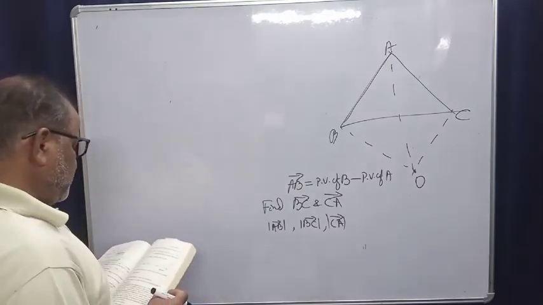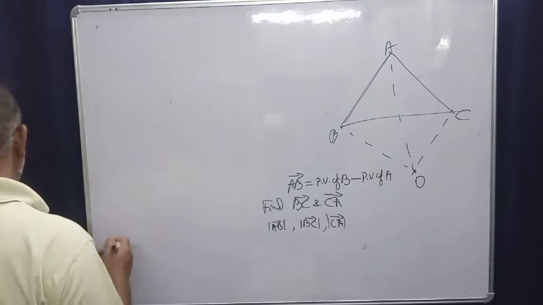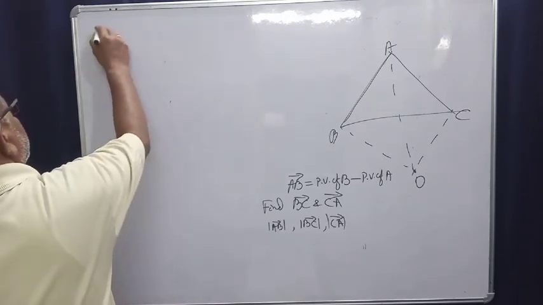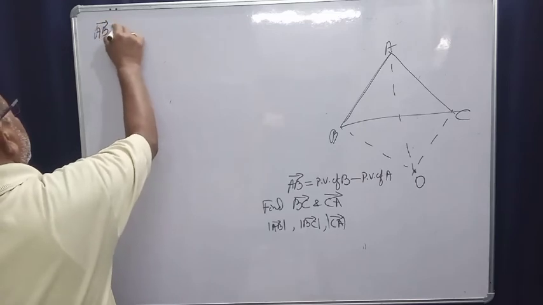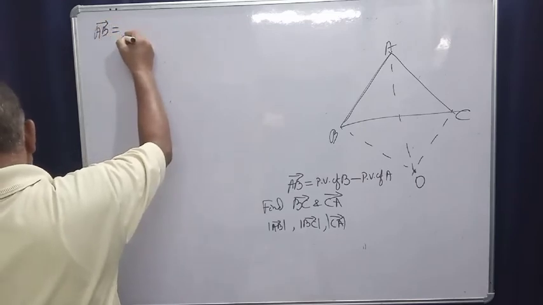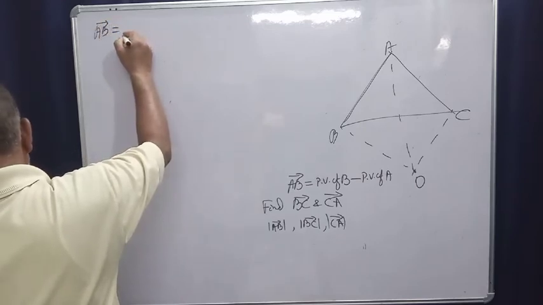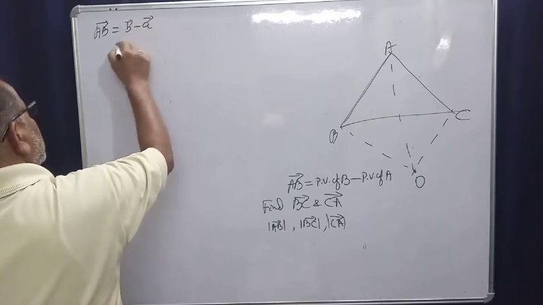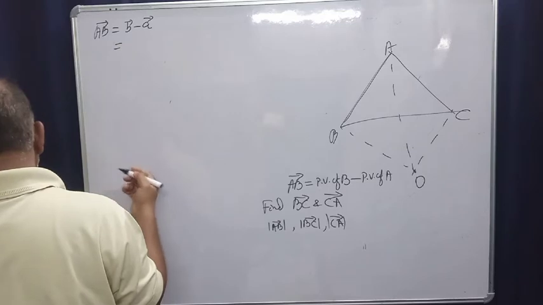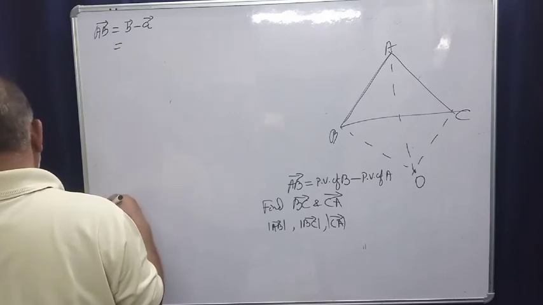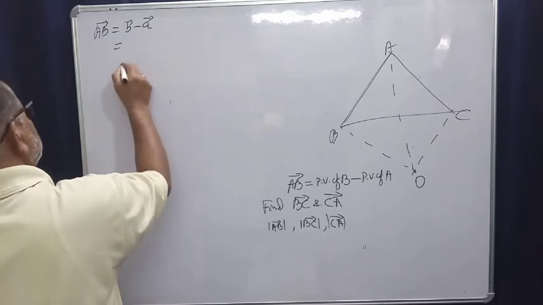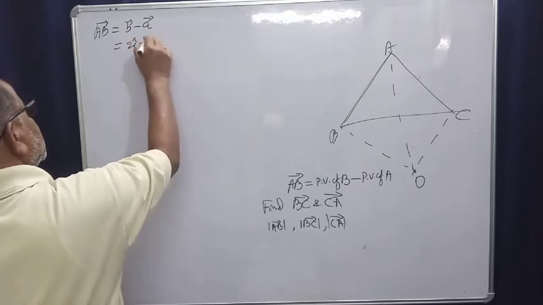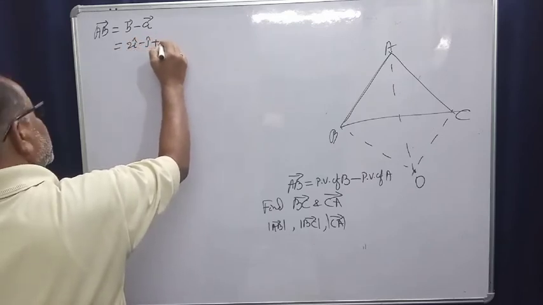So the points A, B, C with position vectors. The AB vector is equal to B minus A. Position vector of B minus position vector of A, that is 2i cap minus j cap plus k cap